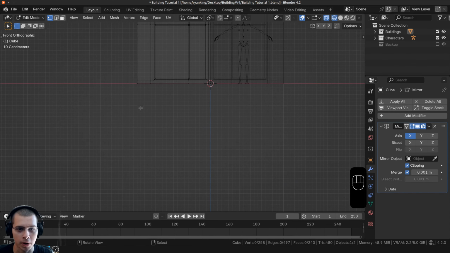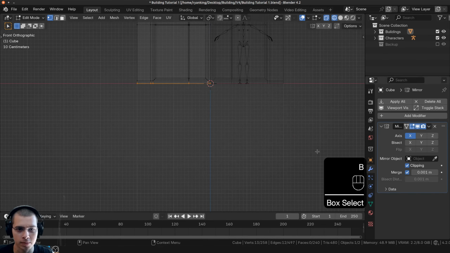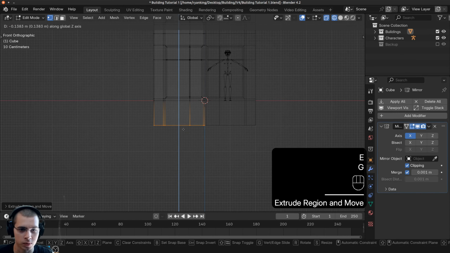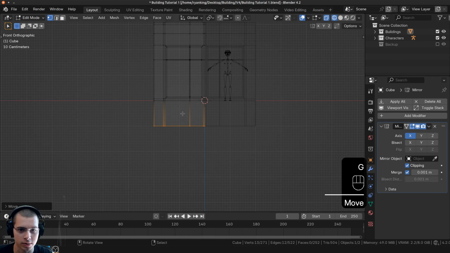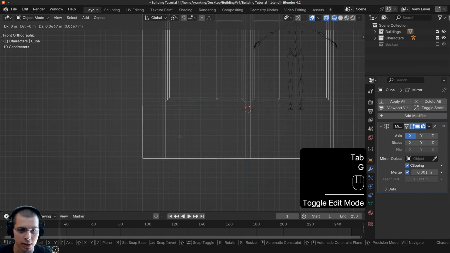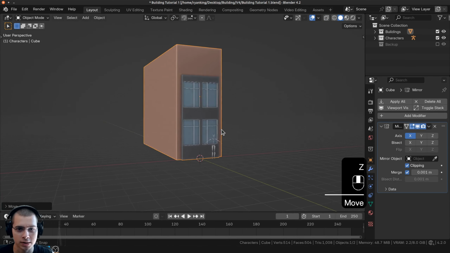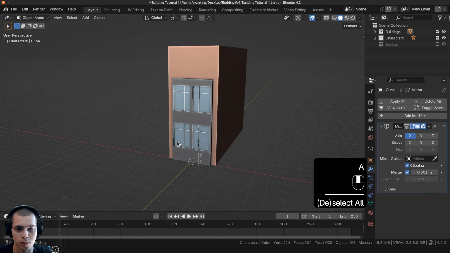Then we'll go down here to the bottom, and we're just going to box select the bottom vertices, and we'll extrude these down on the z-axis, and we want to extrude them down by about 1 Blender grid. So just like that. And then in object mode, I can move the object up again so it's resting on the x-axis there. We'll go back to solid view, and you can see there's the base for that first part